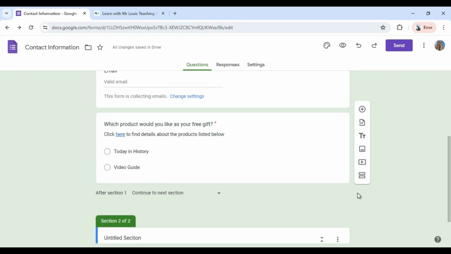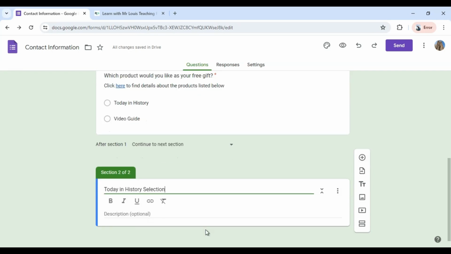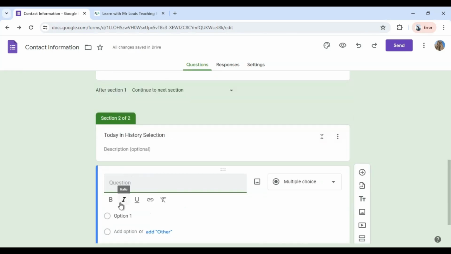And this section is going to be called, let's call it Today in History Selection, because if they choose Today in History, I want them to be able to go and choose Today in History. So now I've added my Today in History selection, and I can even now have a question that says, in this section, which Today in History